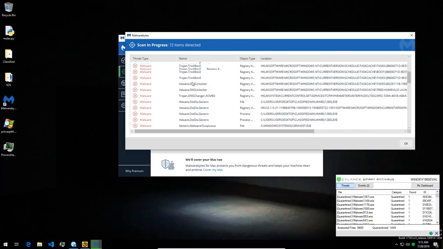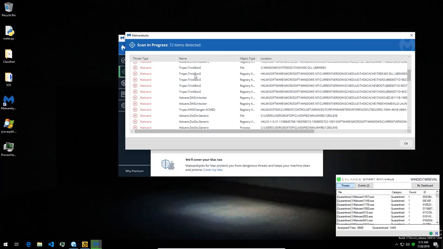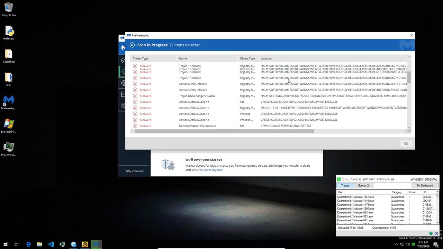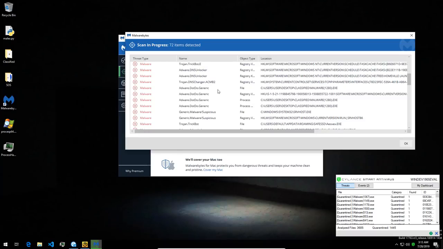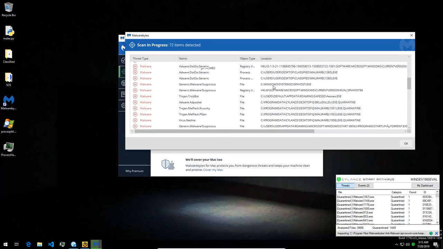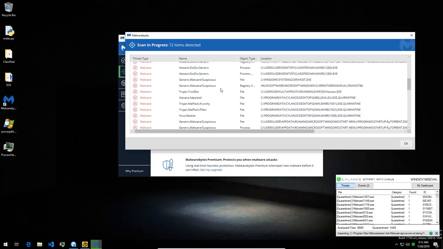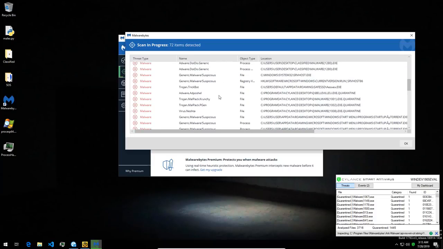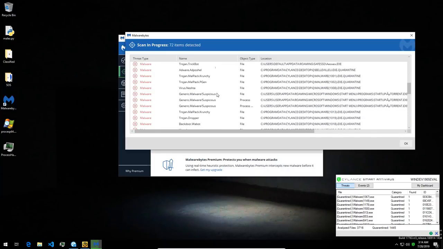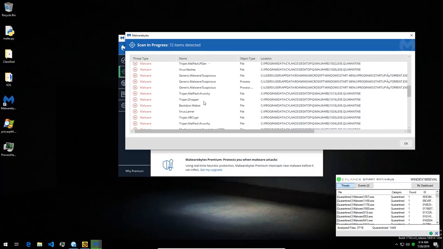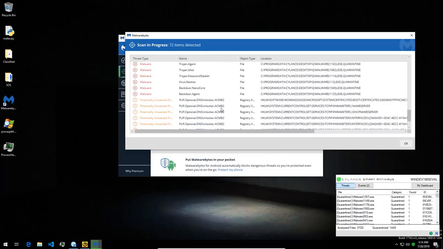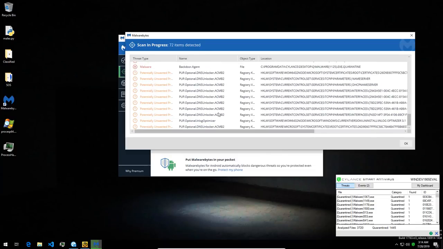tasks. Interesting. So we've got adware, DNS unlocker, we've got Trojan trickbot. Maybe that's the one that's giving us the jump scares. Then we've got more adware, more generic malware. This is a suspicious file. This is srvhost.exe. Pretty sure this is not adware. It's probably a Trojan. And then we have the fake uTorrent application. Again, likely a Trojan. Then more of this DNS unlocker stuff, which, well, you can think whatever you want of